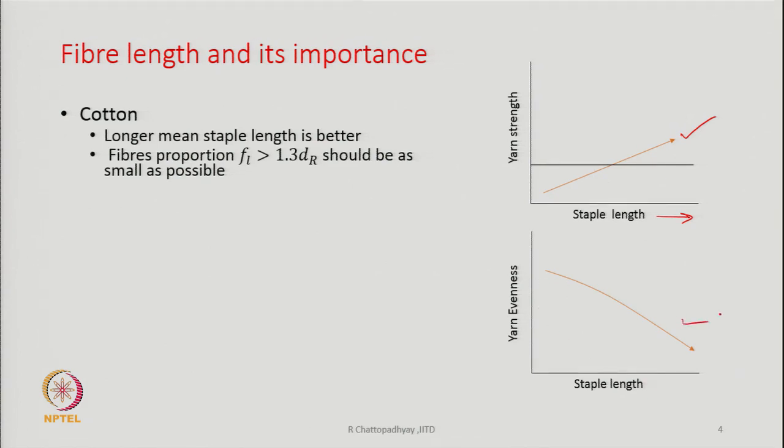This is something very different in comparison to the ring spinning process. In ring spinning, we do not find it. Longer fibers always mean very uniform yarn, but in the case of rotor spinning, this may not be true. Longer fibers mean much more uneven yarn. We will see gradually why the yarn becomes uneven when the fibers are long,